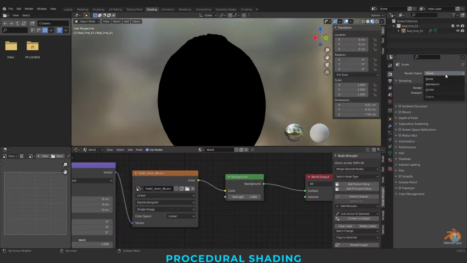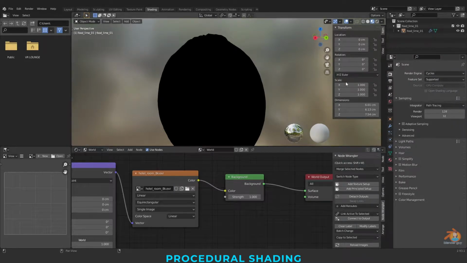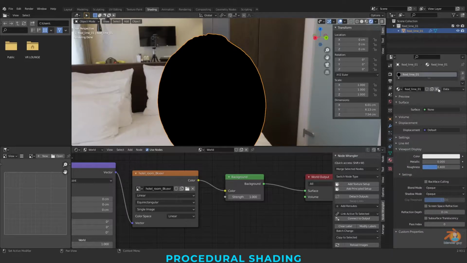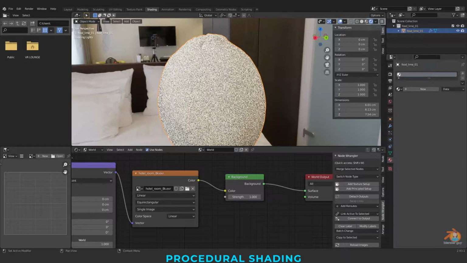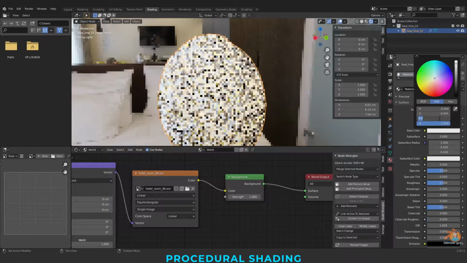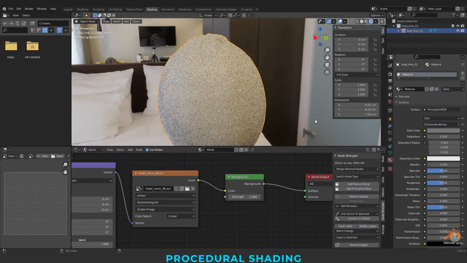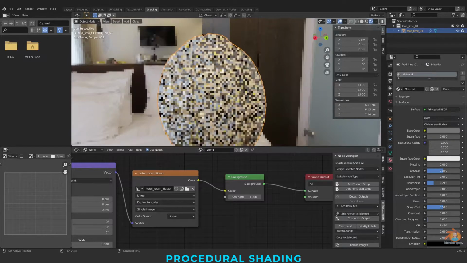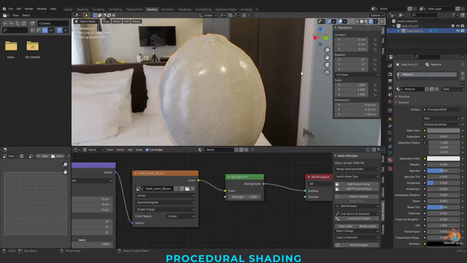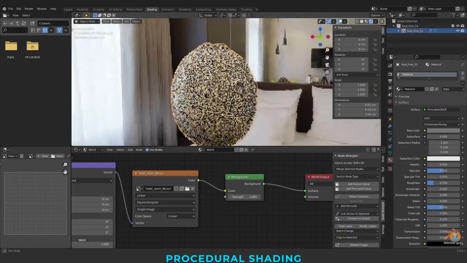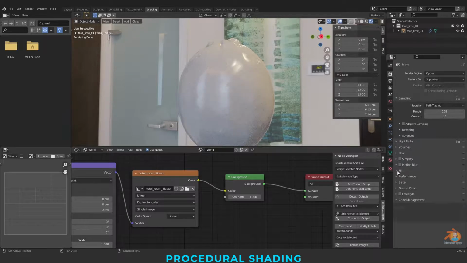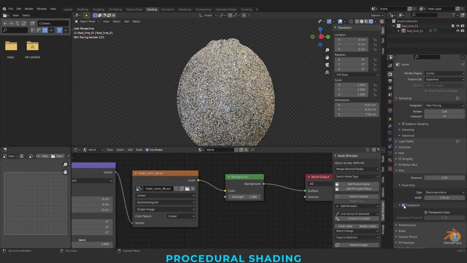I'll be doing this tutorial in Cycles, so I'm switching back to Cycles. Since I don't have any shader connected, it is showing black. Let me quickly connect one and give 18% of gray, which I usually do. Decrease the roughness. And this HDRI looks okay as of now, and I don't want this HDRI to be visible in my viewport and the render as well. So I'm just going here to Film and switching on the transparent mode.